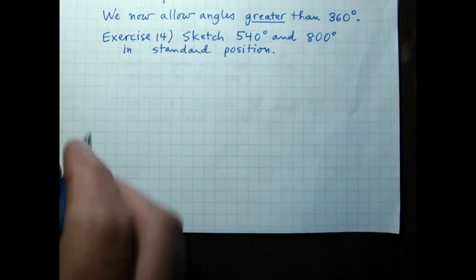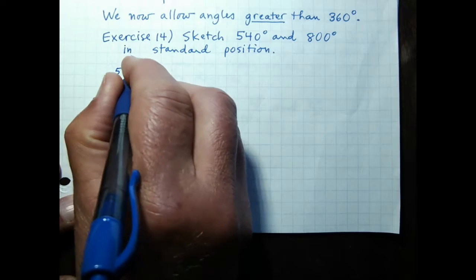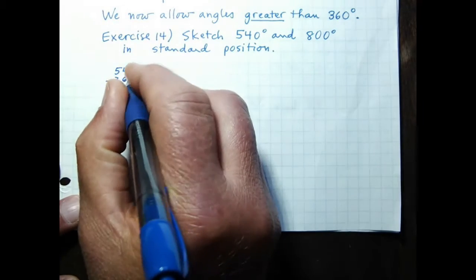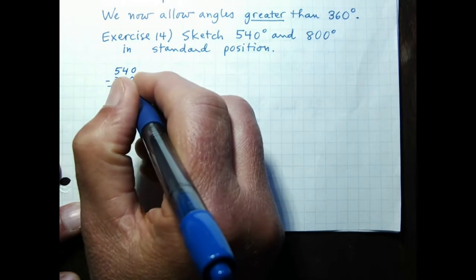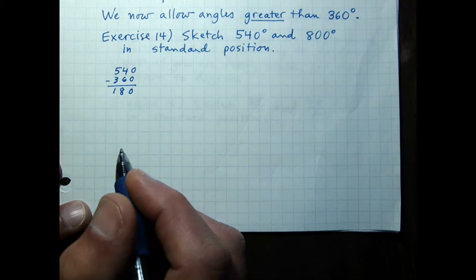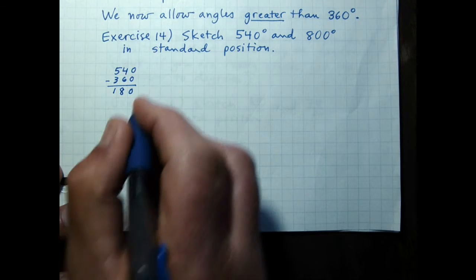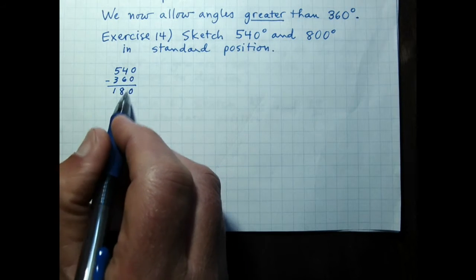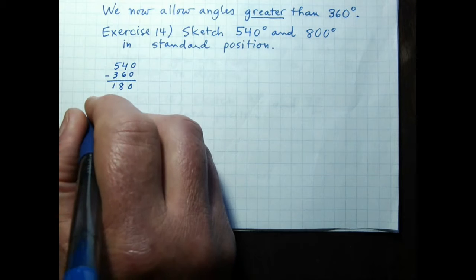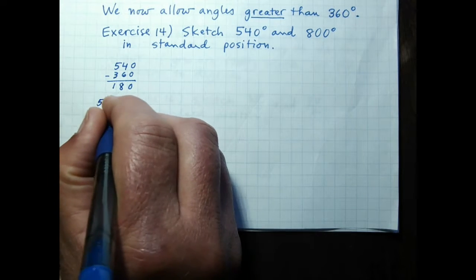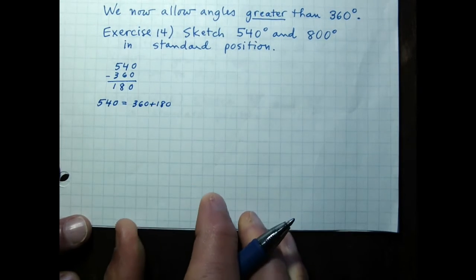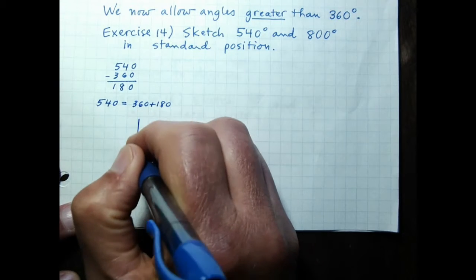So I think you can see it probably makes sense to take 540 minus 360. Let's see, 80 or 180, is that correct? 3, 4, 80, 540. So 540 minus 360 is 180, right? So basically the observation I want to make here is that 540 is equal to 360 plus 180. And it's that information that allows us to make a drawing